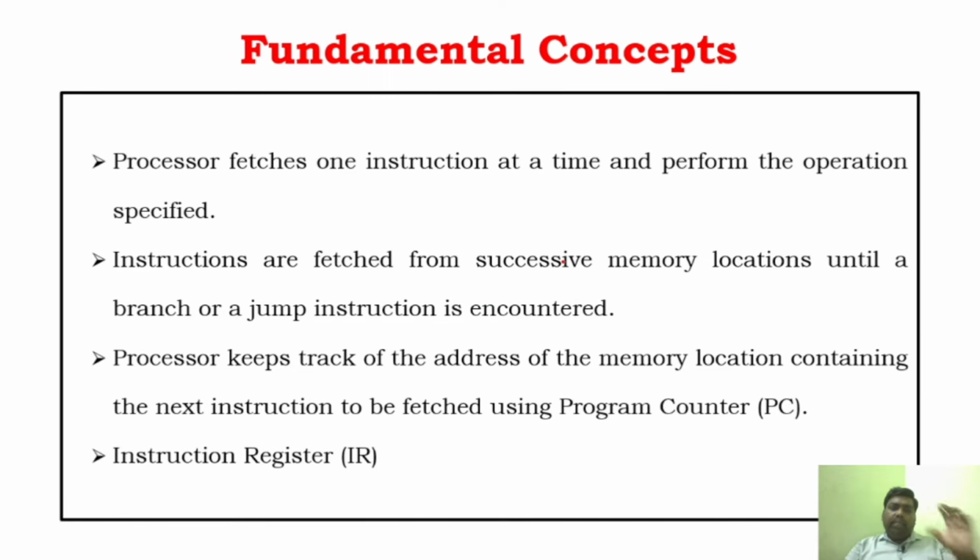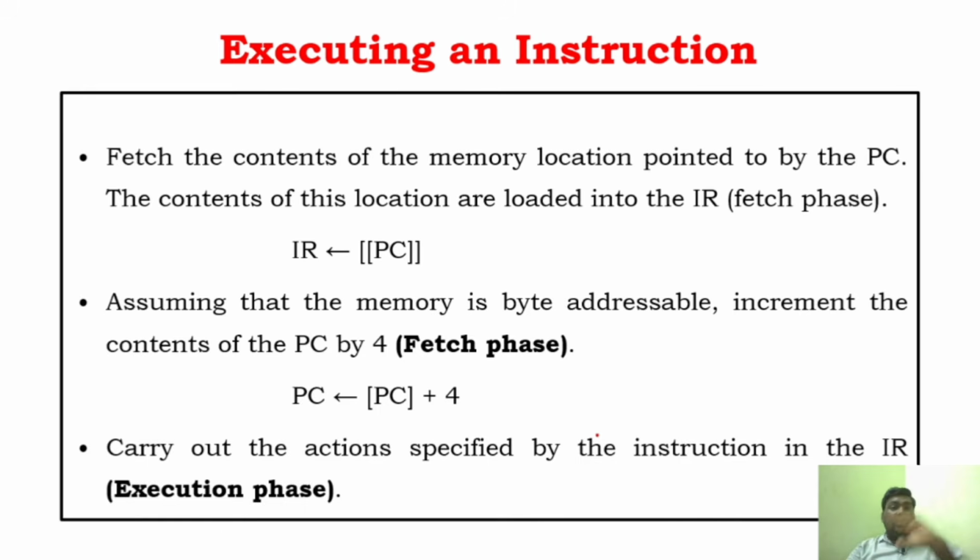So whatever I have said right now, that is the instruction register, program counter, how the program is getting executed, how it is fetched, how it has been executed, all those you have to write. That is the functional concept. And as I said, there is the fetch phase as well as the execution phase. Until the instruction starts from the program counter and reaches the IR, it will be the fetch phase, correct? Once it reaches the IR, the execution will start.